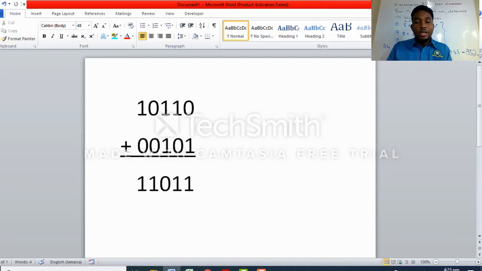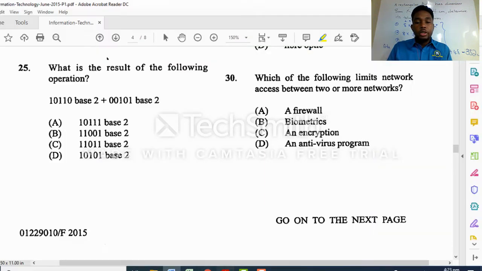So we put down the 0 and we'll carry a 1 here at the top. So that is why we get 1 and the 0 come back to this 1 right here. And then 1 plus 1 comes back at this 1. So we're looking at 11011 for our answer. So let us go back. So the addition of these two numbers would be 11011 in base 2.